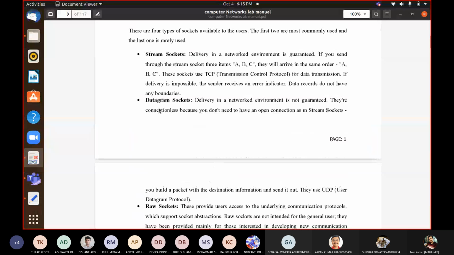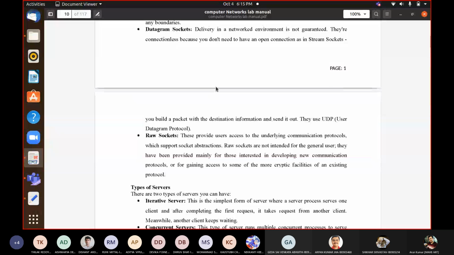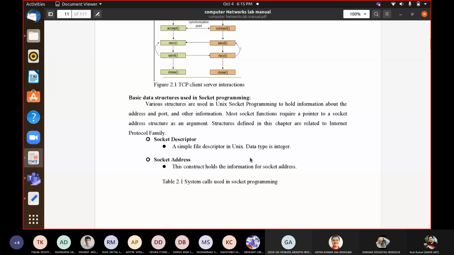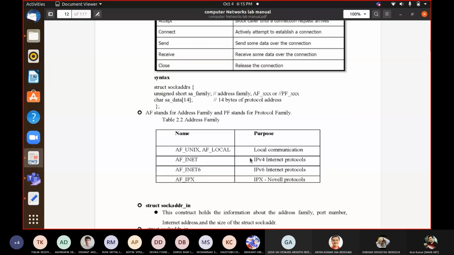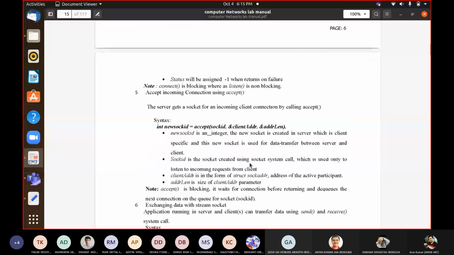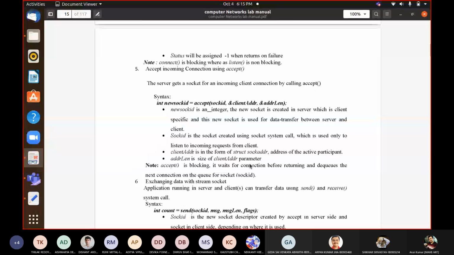Now, how to implement this is important. If you understand this as I progress, it will be easier for you to understand the program. I'm showing you the program first so that you will focus on it. This is the server side code, for an echo server.